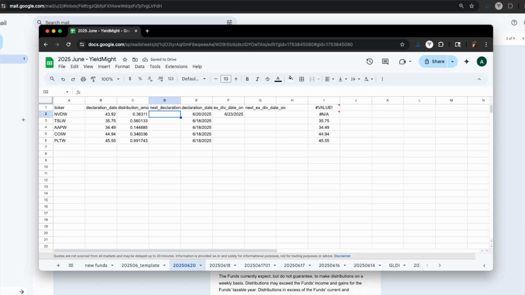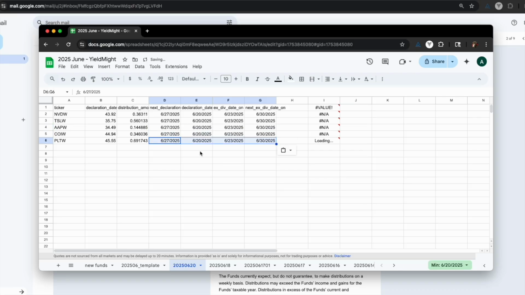So the next declaration date should be 6/27/2025. And that is how we get really messed up spreadsheets. Not the 28th, because it is on Monday, so it'll be 6/30/2025. And then just copy and paste this.